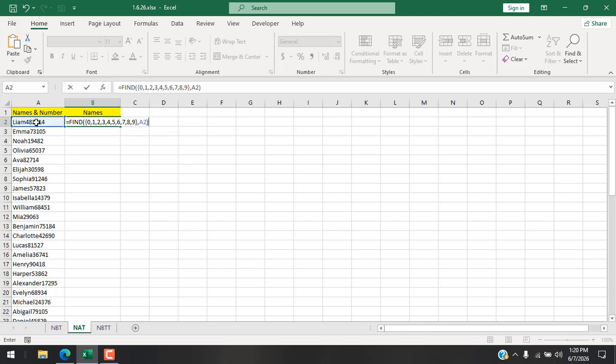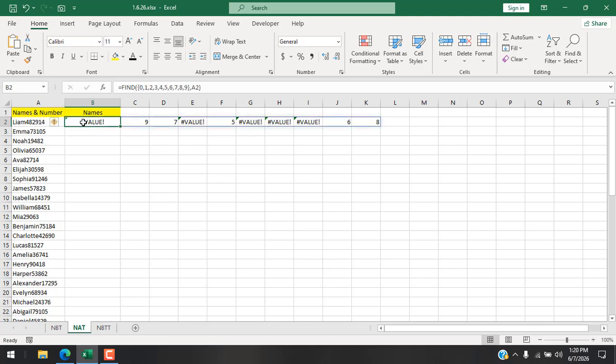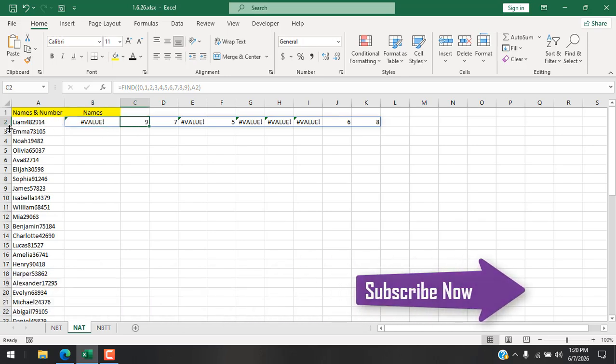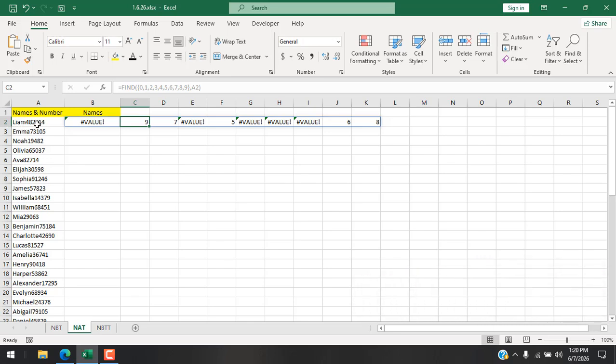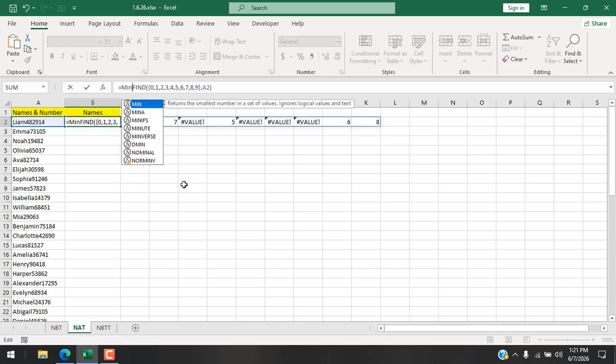And if I close parenthesis and press enter, we get an array where we don't have all the characters inside our cell, hence we get errors. But we have 1 at the 9th character. If I count it from here, 1, 2, 3, 4, 5, 6, 7, 8 and 9. Okay, so if we get the minimum number location from this range, we will get the first number that we have. Okay, so if we wrap this up with the MIN function, it should work, but it will give us